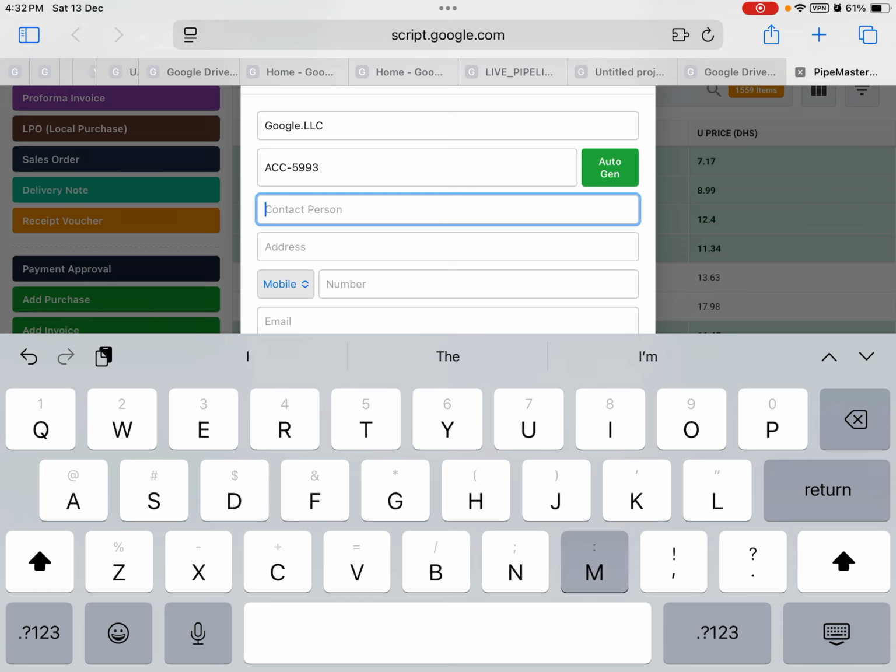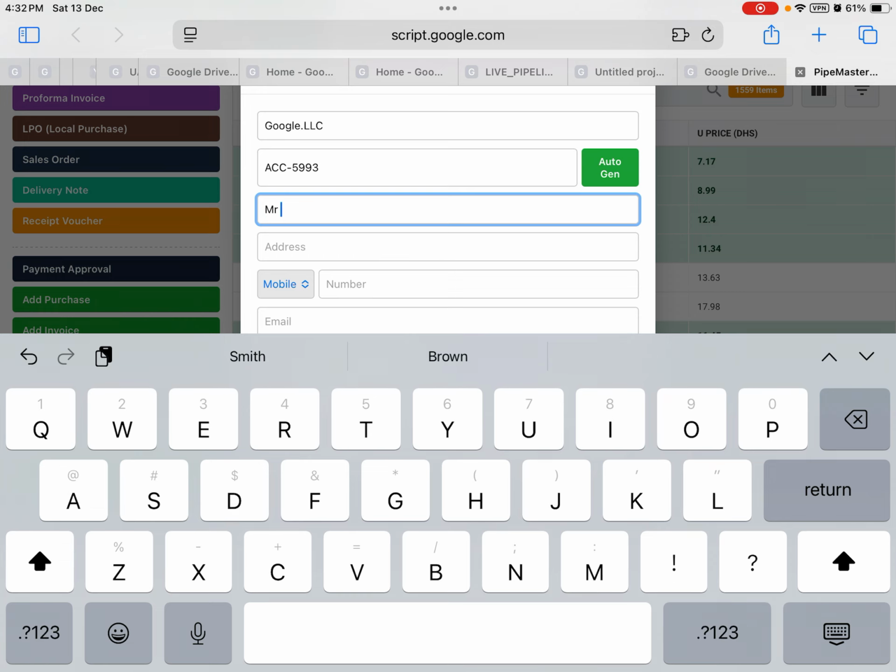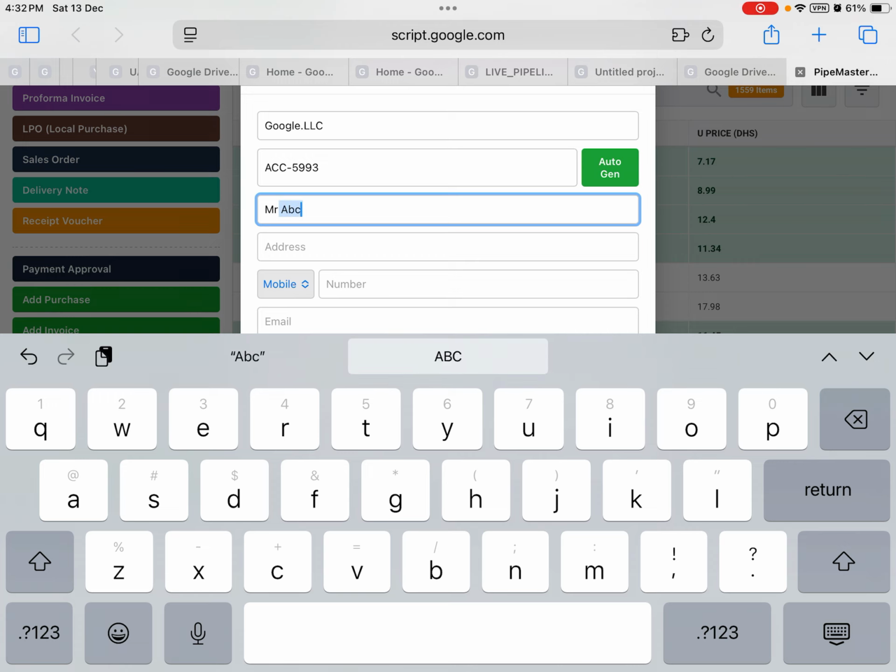Who is the contact person? Like Mr. Okay, address, where it is.